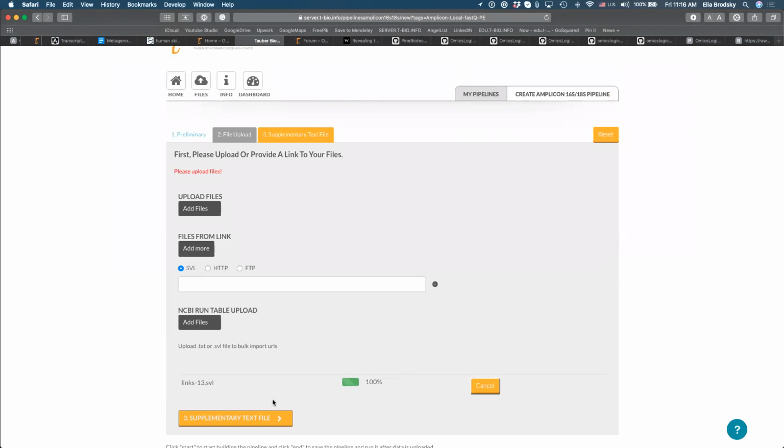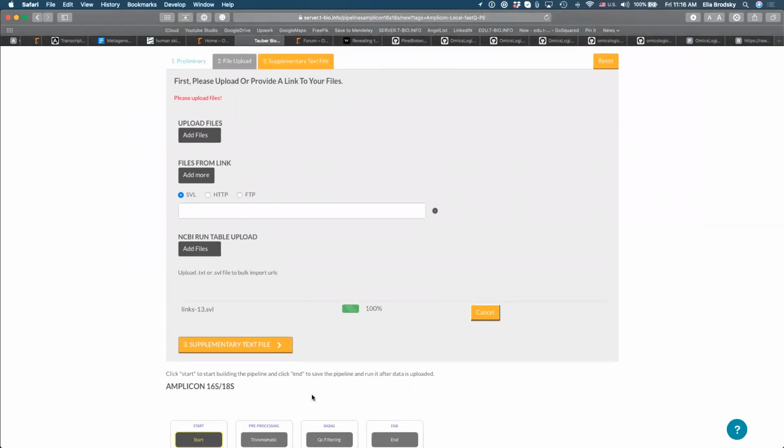And then next you will see this button, supplementary text file. Did everyone get to this step? All right, so let's go to supplementary. Okay, that means you're in the wrong place. You probably tried using it from here, but you need to add from down below here.